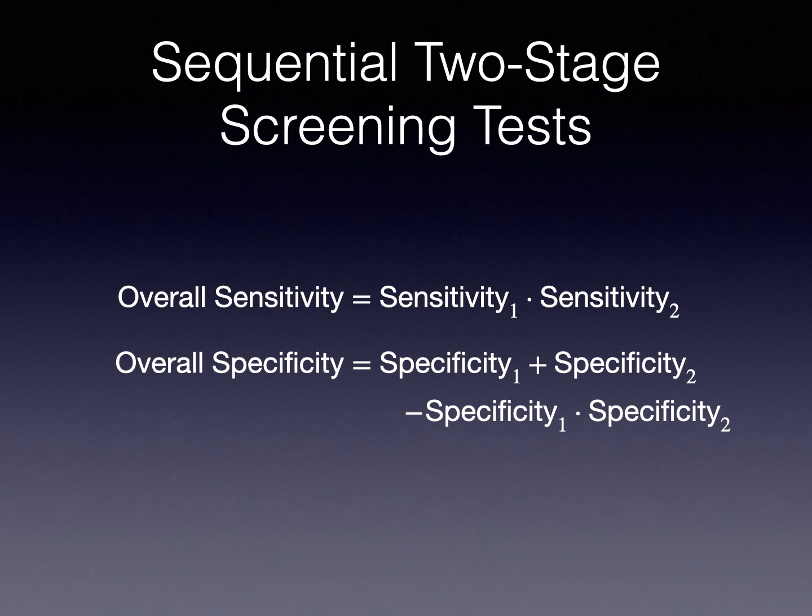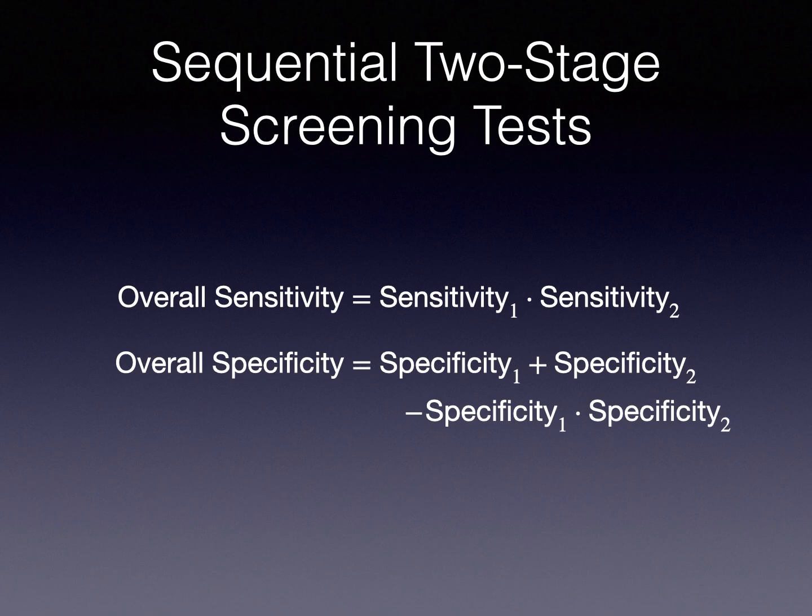And so the overall sensitivity of the sequential two-stage screening test will be equal to the product of the sensitivity of the first test and the sensitivity of the second test. The overall specificity of this sequential two-stage screening test will be equal to the specificity of the first test plus the specificity of the second test minus the product of the specificities of the two tests. So this is how we can come up with the overall sensitivity and the overall specificity for the sequential two-stage